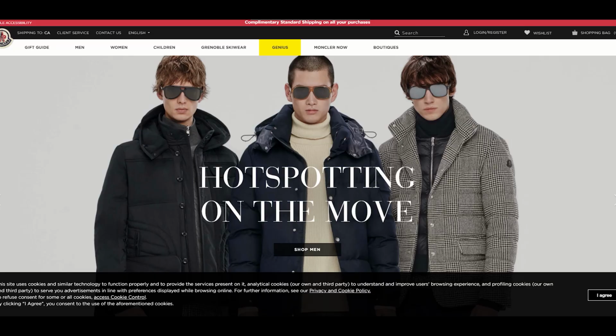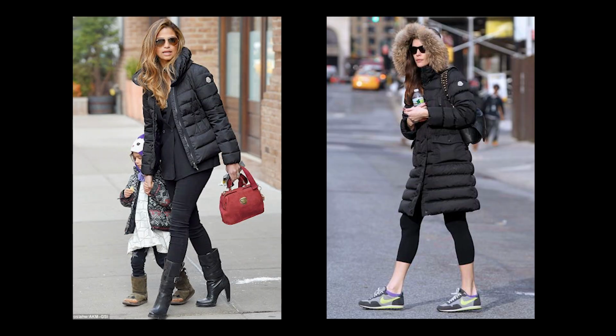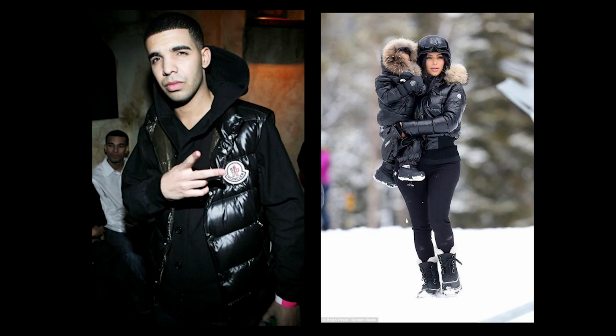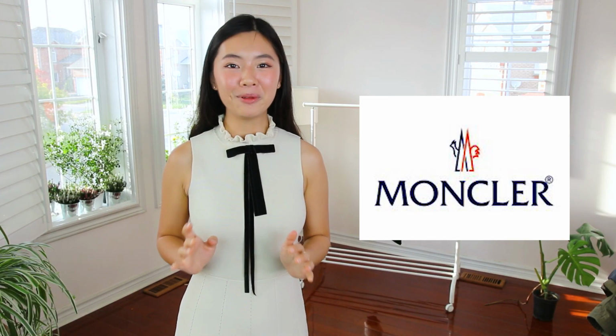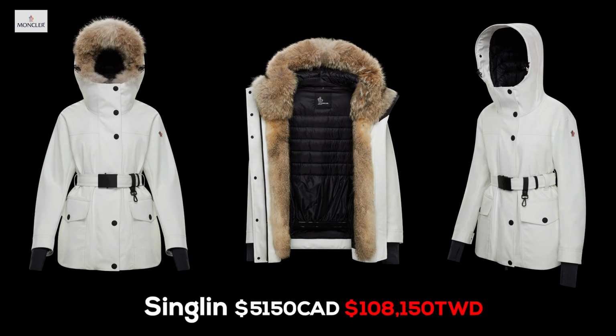All right, so moving on to our last brand of the day, Moncler. Moncler is a luxury fashion brand that ranges from making parkas, coats, dresses, skirts, knitwear, and a lot more. With this extremely high-end brand, people usually wear this for the style and more as a status symbol. Some of the styles that I really like from Moncler include their Sing Lin, which is retailed at a whopping